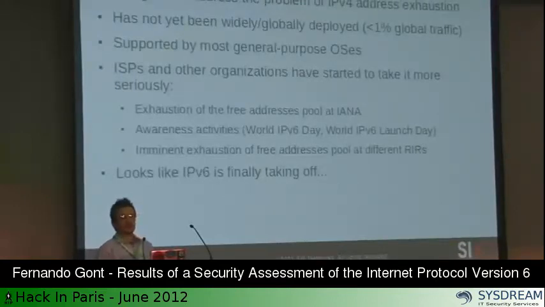After the exhaustion of the central pool of IPv4 addresses, the focus turned to predictions about when the address pool of each of the regional registries would be exhausted. For example, in the case of APNIC, the regional registry for Asia Pacific, they have already exhausted their IPv4 address space. So if you are in the Asia Pacific region and you need IPv4 addresses, then APNIC cannot assign you any more. Some ISPs may still be able to do that, but you cannot really request any more IPv4 addresses from APNIC.